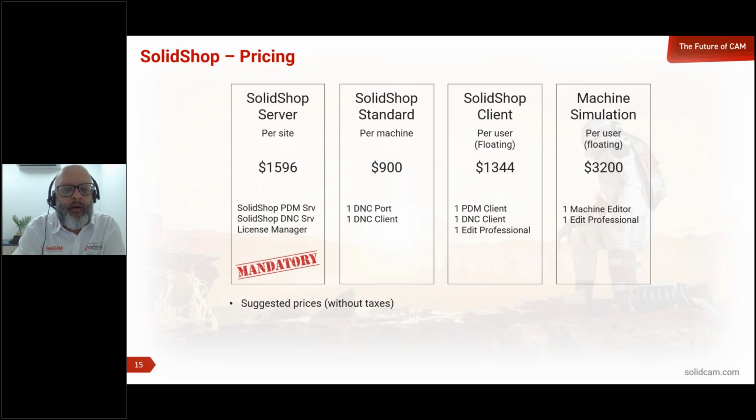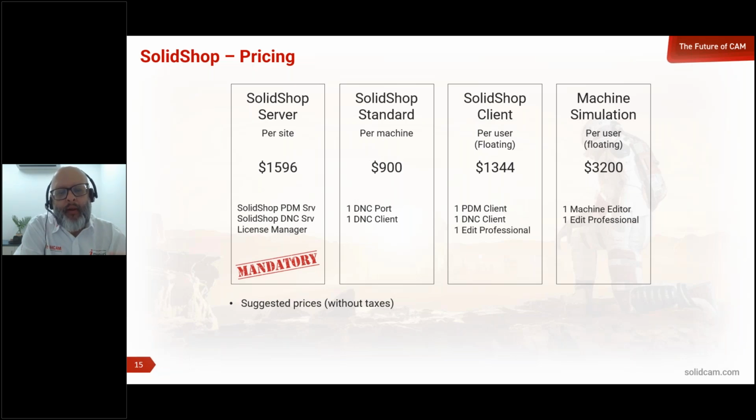So what is SolidShop server? The first thing, with the Simco version that we were shipping before SolidCAM 2023 Service Pack 3, it was not possible to work with a floating license. So some customers bought Simco and said, I want to float this in the shop, and we didn't have the option. Also, our agreement to distribute the editor with Simco did not allow us to provide a license server to float the editor without charging the customer an additional fee. It was always hard to handle this OEM license that we were shipping.